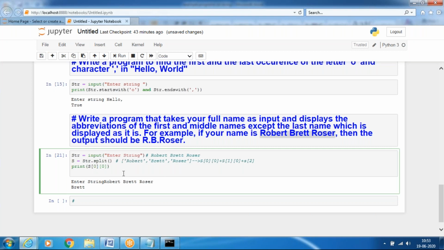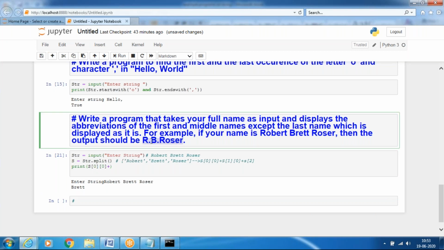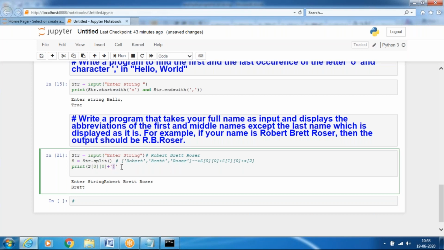Then I will use a dot. I want the dot in R.B. Roser, and it is printed. That's why I use the dot, concatenating the dot in this string. I want the dot plus again S of 1, 0, the first character of the second string.